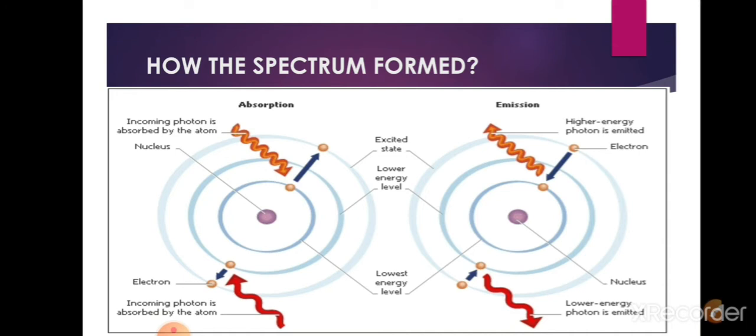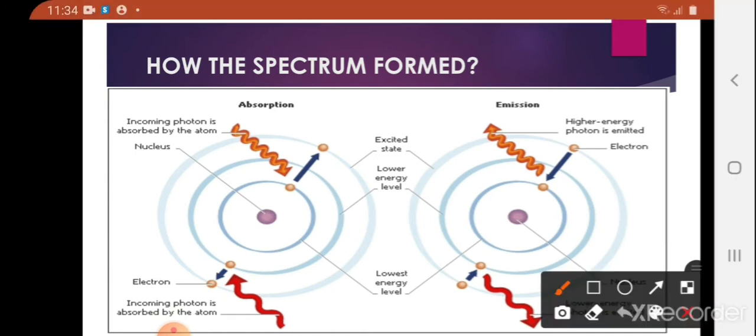Now we can see how the spectrum is formed. When an electromagnetic radiation is irradiated on atoms or molecules, they absorb some energy. That is, when an electromagnetic radiation interacts with an electron, it absorbs some energy and moves to the higher state. We know that the higher energy electrons will want to come back to the normal state. How will it come back? It will come back by emitting energy as radiation.